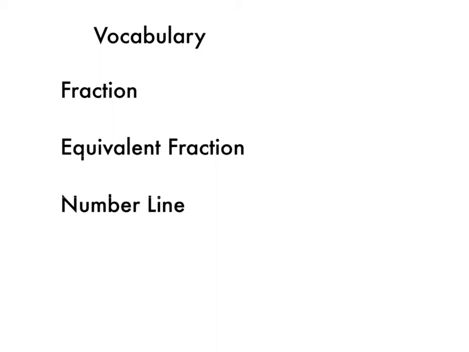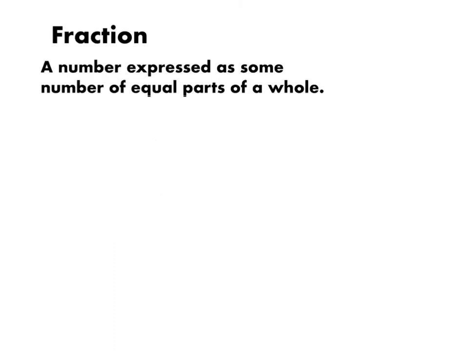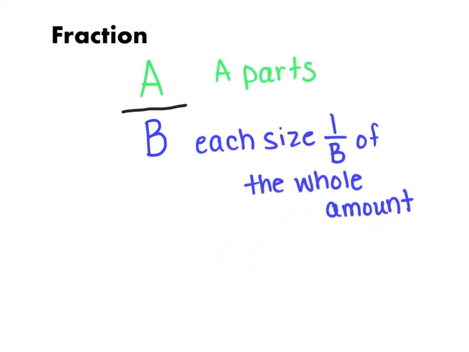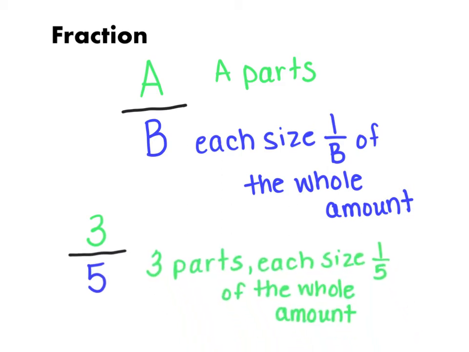Let's start off with some vocabulary. We are going to go over what a fraction is, an equivalent fraction, and a number line. A fraction is a number expressed as some number of equal parts of a whole. For example, in fraction a over b, there are a parts that are each the size of 1 over b of the whole amount. For example, in the fraction 3/5, there are 3 parts, each size 1/5 of the whole